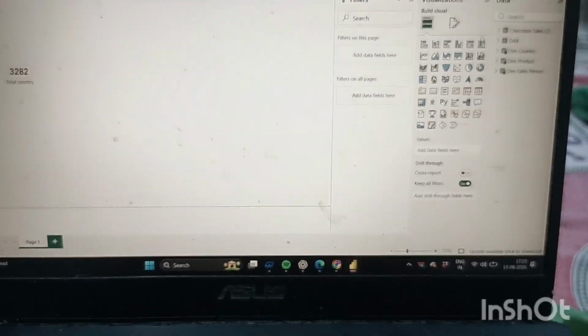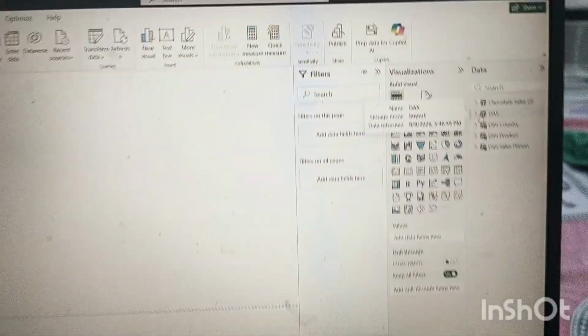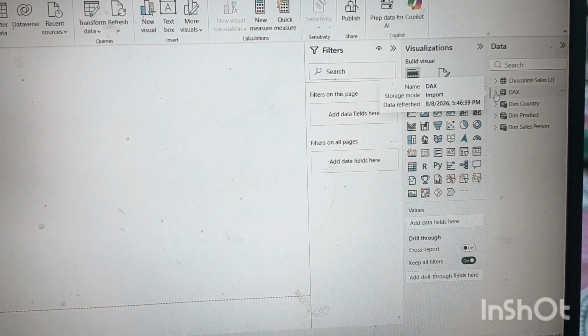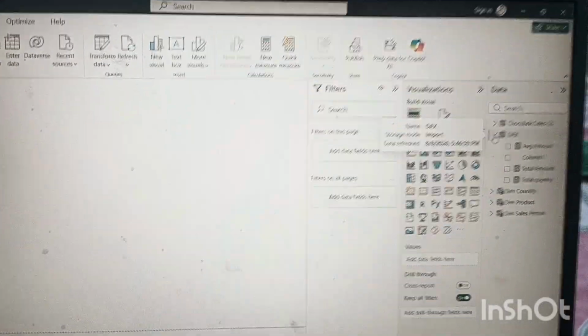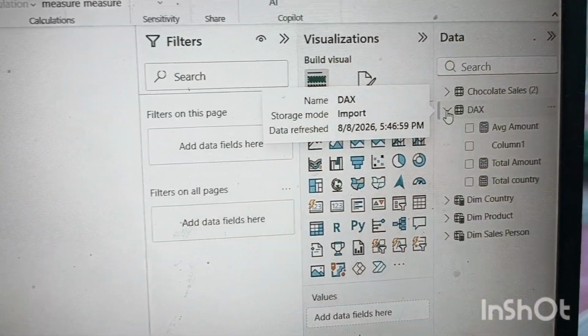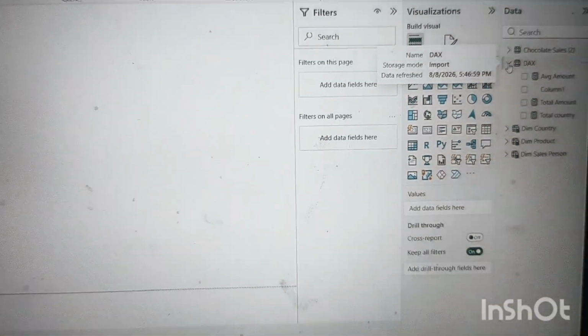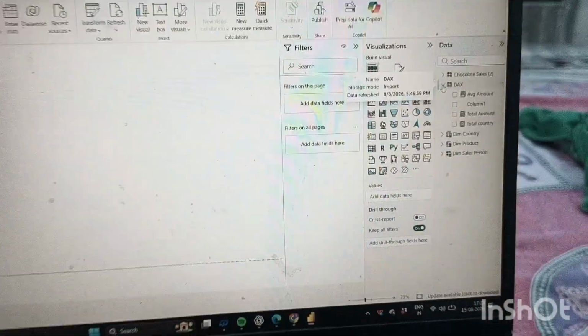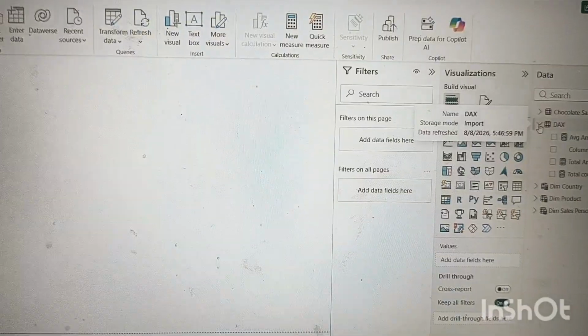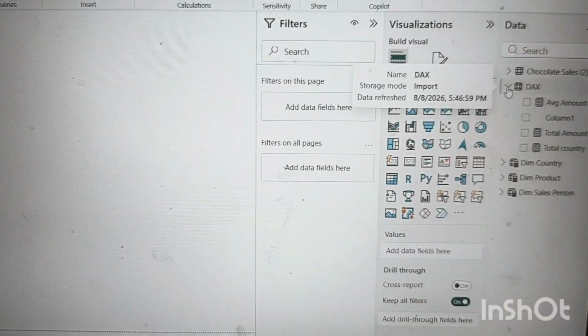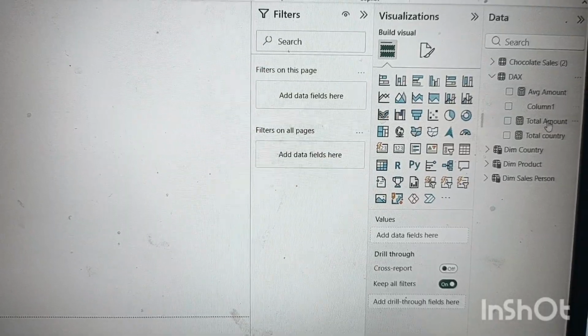After clicking on DAX, you can see an arrow, a side arrow. Here it is showing average amount, total amount, and total country. These three DAX functions we have created, and I'm going to show you an example. When we click on total amount,